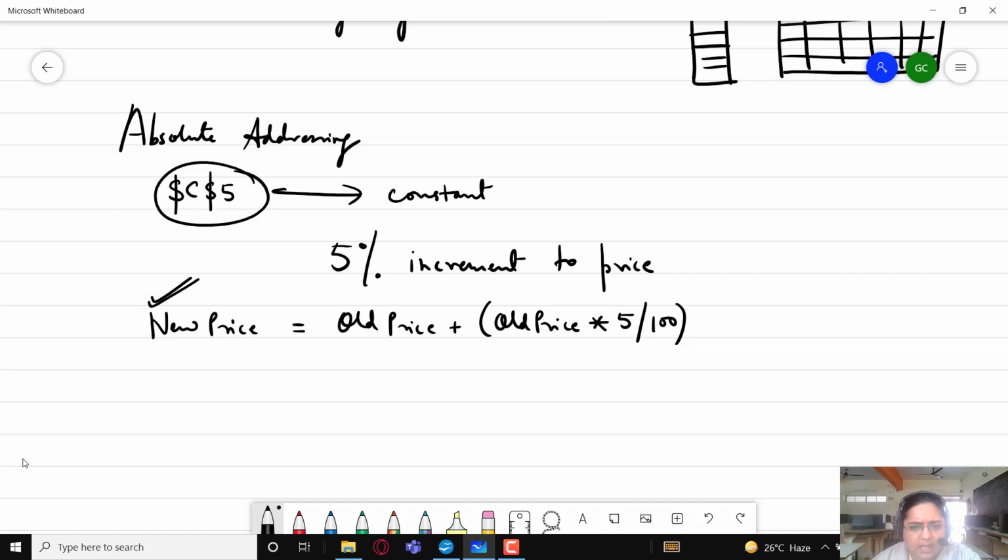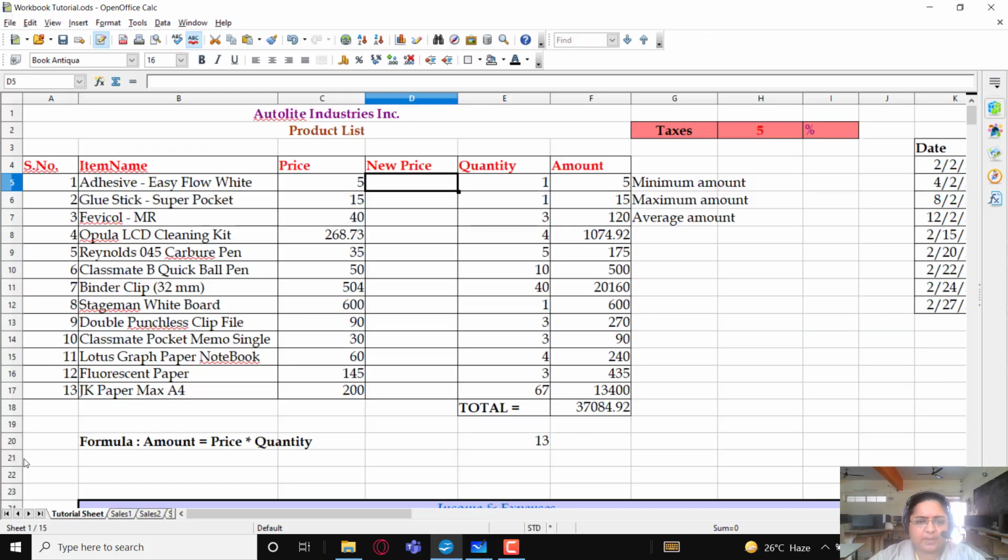Now using this I am going to actually change it into a calc formula, or we can say a spreadsheet formula. So old price plus old price into 5 by 100. I'll press equals. My old price is in this cell, that is C5. I can also press the navigation keys, the arrow keys on my keyboard, to move to that cell.